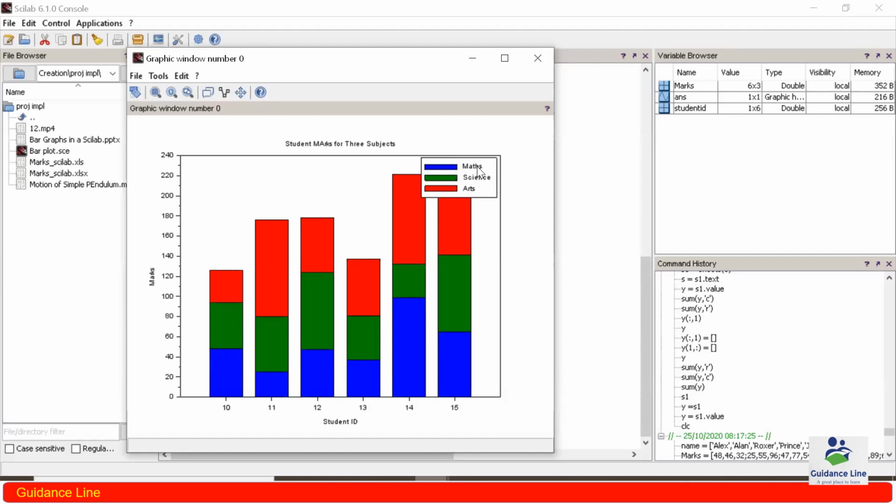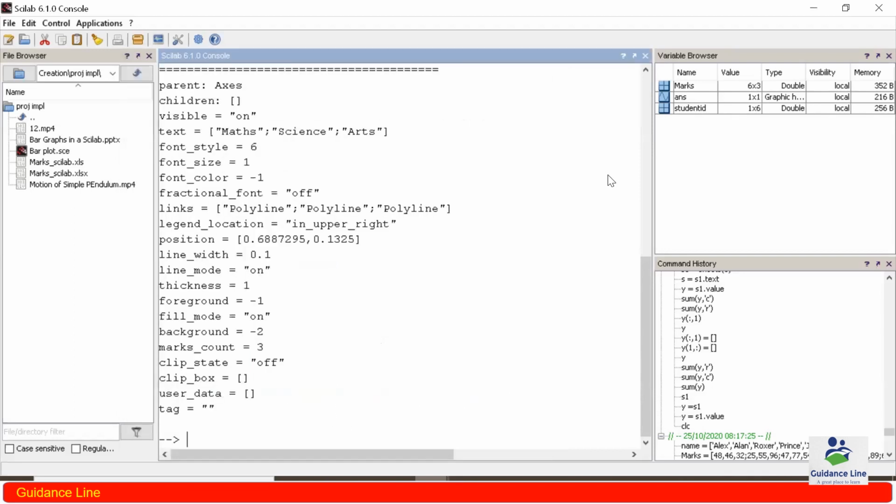Now suppose I want to fix the position of this particular box which is carrying the legend markers. Suppose I want to move it to this particular position or any other position of our interest, how can we do this particular task? For that we have to pass one more argument.